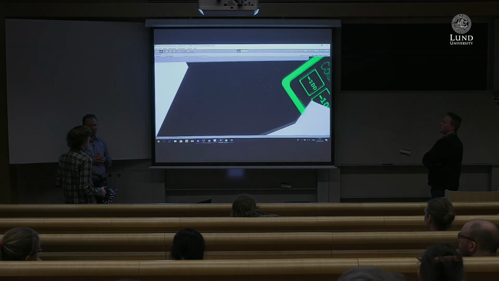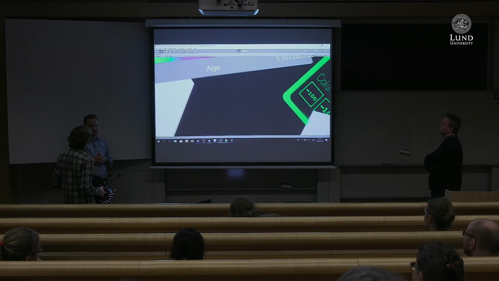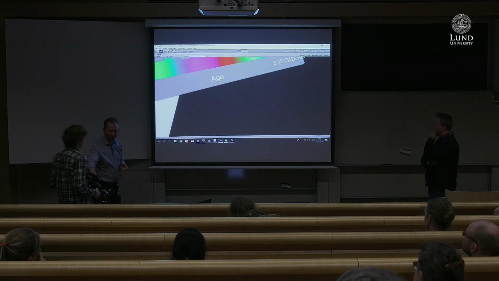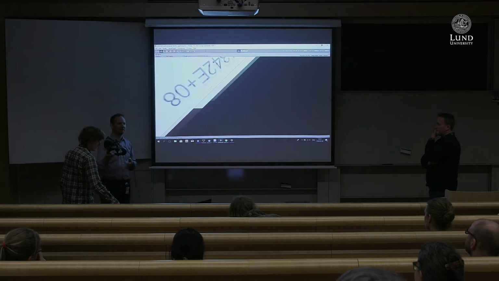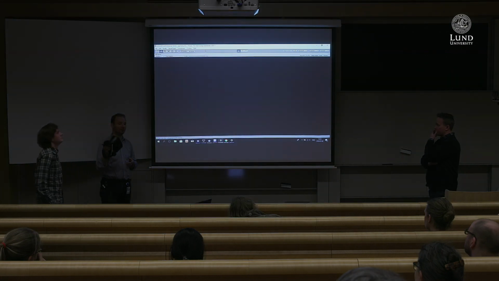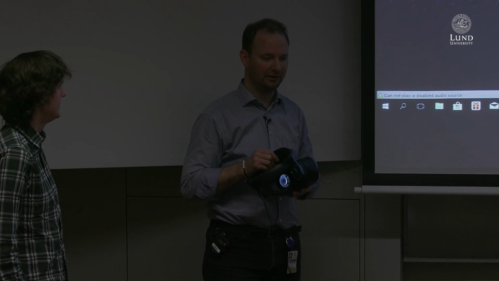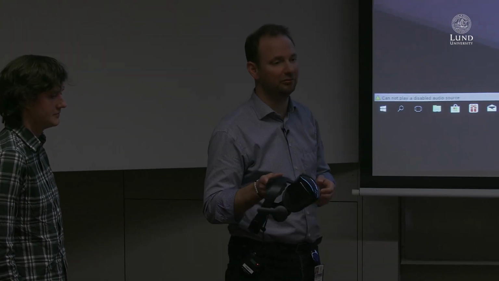Yeah. I also would like to say something about the accessibility of this technology. This is called a Windows Mixed Reality set, and you can get one of these for €400, like I said before. And you need a decent computer with a relatively good graphics card, but the prices are sinking very rapidly right now.